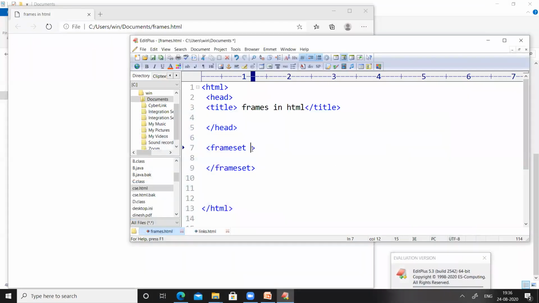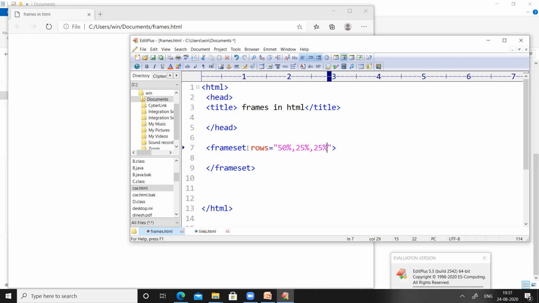So let us divide the web page based upon rows. I want to divide the web page with some percentages, like 50%, comma, one more 25% row, and one more 25% row. In total it has to cover 100. Or if you leave out any value, the remaining value will be occupied by one more frame. I will show it later. Don't worry. So frameset.